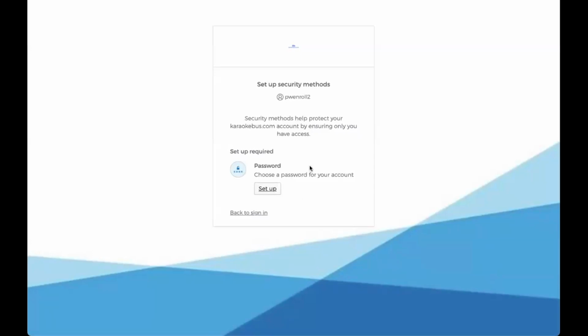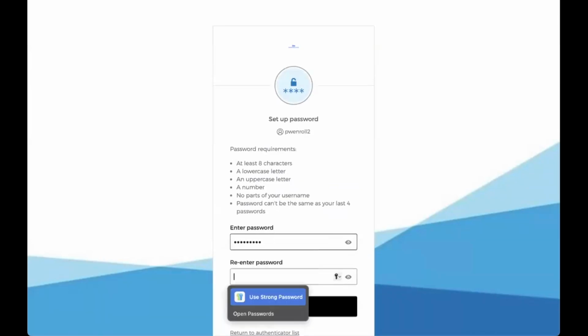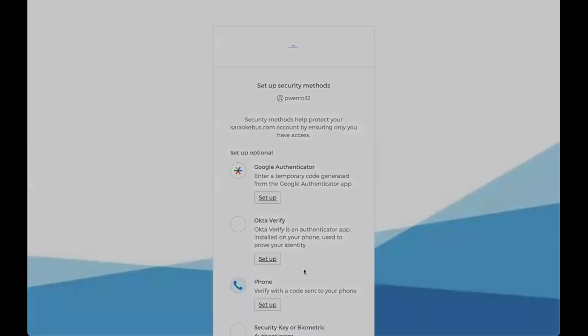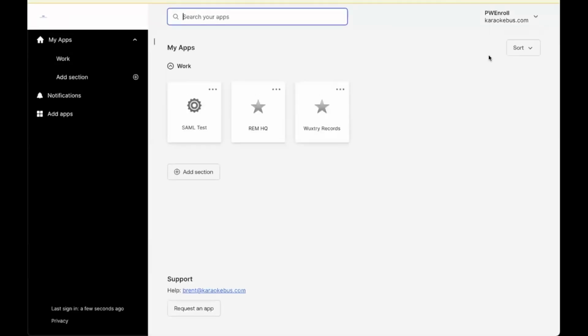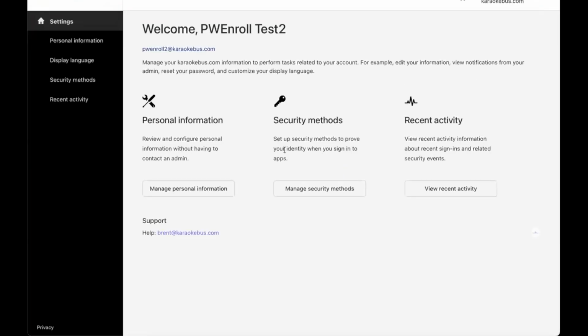Now, because I changed the policy, it is now prompting me to set up a password. So now I'm allowed to enroll a password. I'm in, and now if I go to my settings, I no longer get that unassigned prompt. I'm allowed to go into my settings screen because I was able to enroll the second authenticator and then use